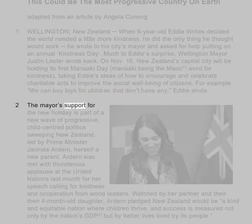2. The mayor's support for the new holiday is part of a new wave of progressive, child-centered politics sweeping New Zealand, led by Prime Minister Jacinda Ardern, herself a new parent. Ardern was met with thunderous applause at the United Nations last month for her speech calling for kindness and cooperation from world leaders. Watched by her partner and their then 4-month-old daughter,